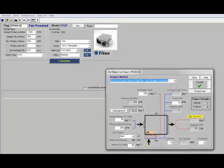But the downside to doing it this way is we're somewhat limited on the amount of heat we can have in the coil, because we think that if our leaving air temperature on our coil exceeds 130 degrees, we might overheat our fan motor. So that's why our selection program looks at the leaving air temperature to make sure it doesn't go over 130 degrees. We can input our maximum gallons per minute. Let's say we put in 3 gallons per minute and we have a 1-row coil. Then we can go ahead and hit accept